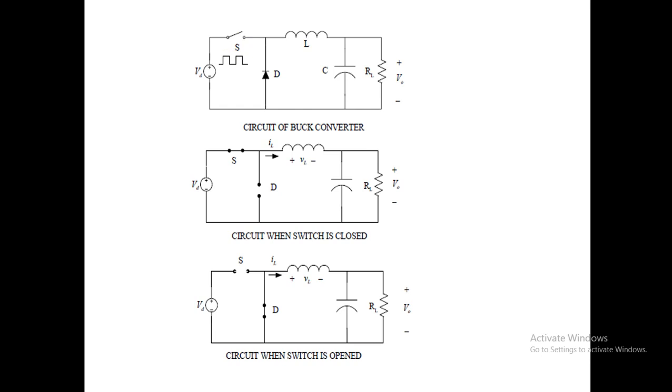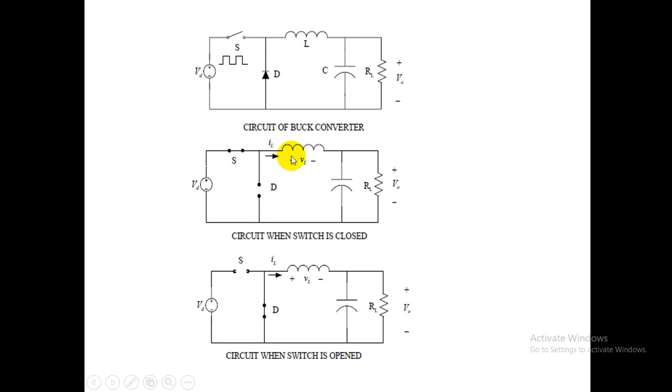Look at the operation. This is the basic diagram. When the switch is closed, the supply is connected like this, and this is the node point. When the current enters the node point, we see the directions of current leaving. If the current tries to leave through the diode, the diode is reverse biased, so it is open circuited and doesn't allow the current to flow.